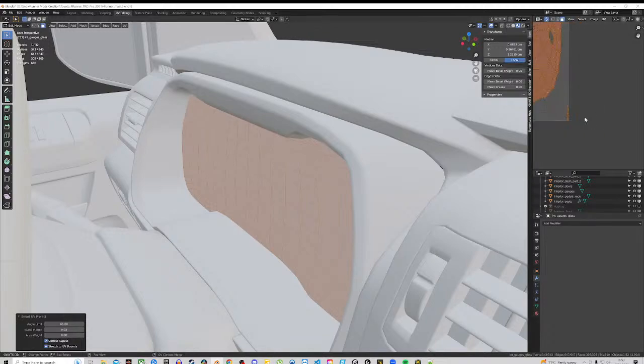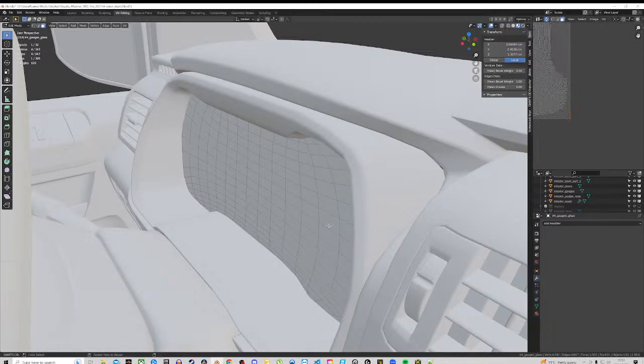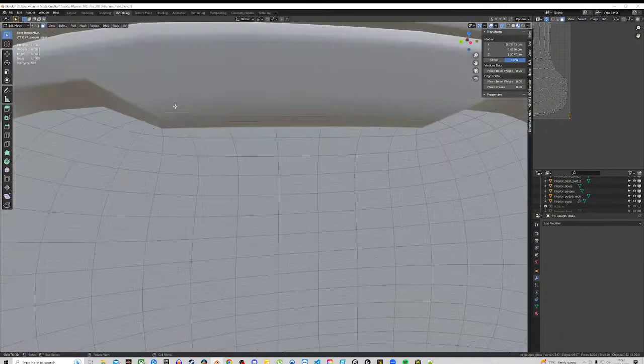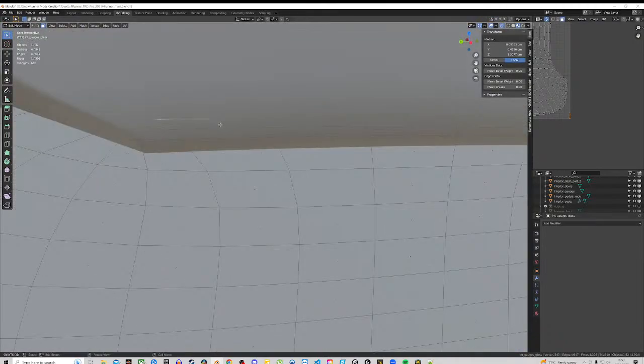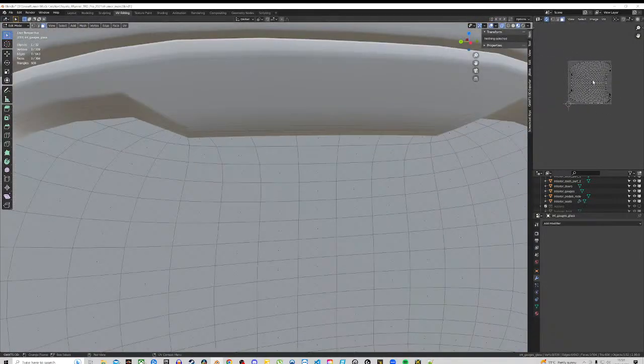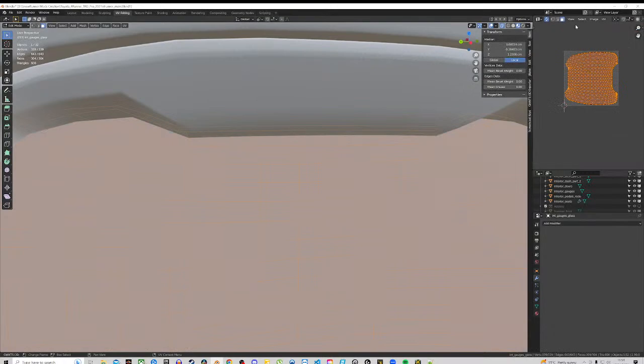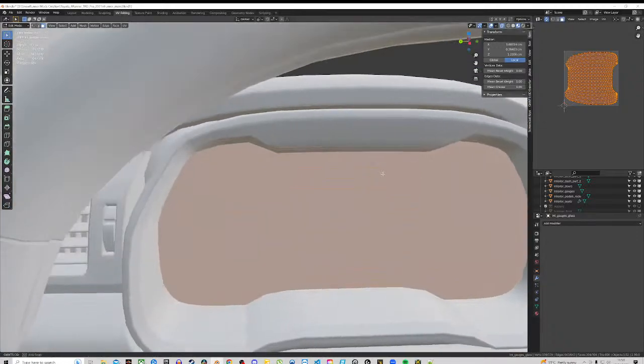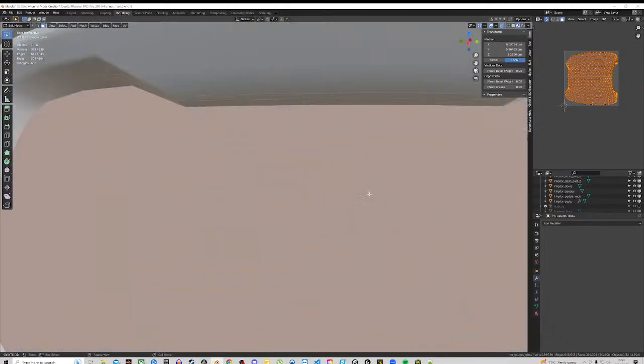Okay, I don't know what these are. I'm gonna assume it's something. I'm just gonna delete that. X, I can't delete it here, but where is it over here? Oh, it's up there. Yes, X and F. And this is our two-dimensional unwrap of our model, our glass. I'm gonna hit average island scale,